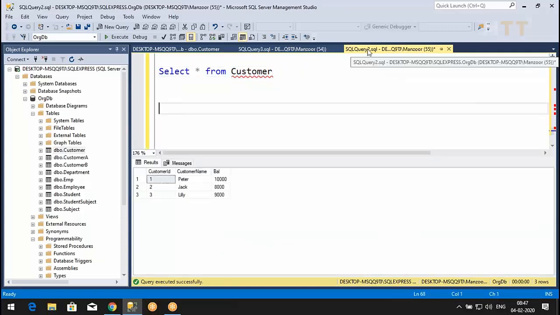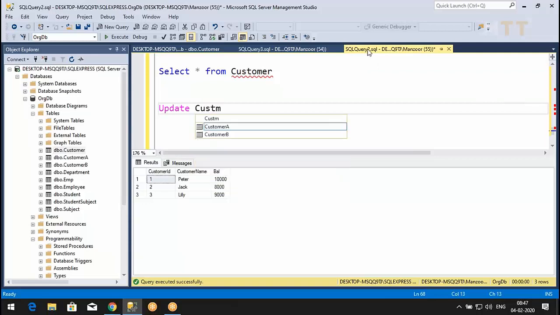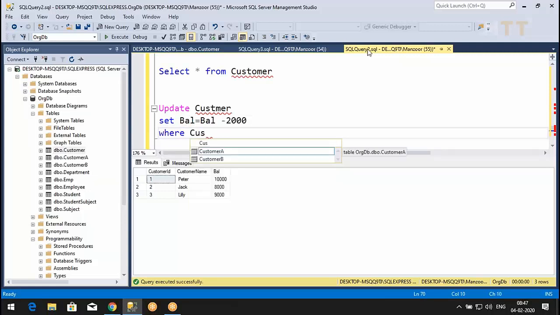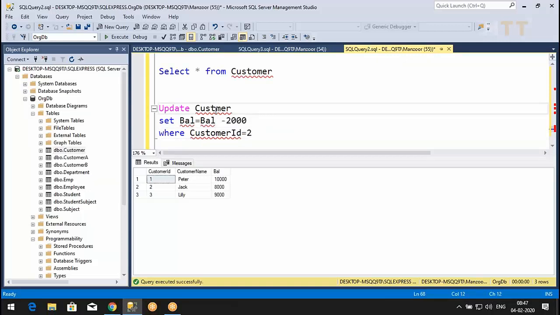Now normally if I want to transfer from Jack's account to Lily's account, what will I do? Update customer set balance equals balance minus 2000 where customer ID, or customer name also you can use, but better we'll use customer ID. Customer ID equals 2. I'll copy this.